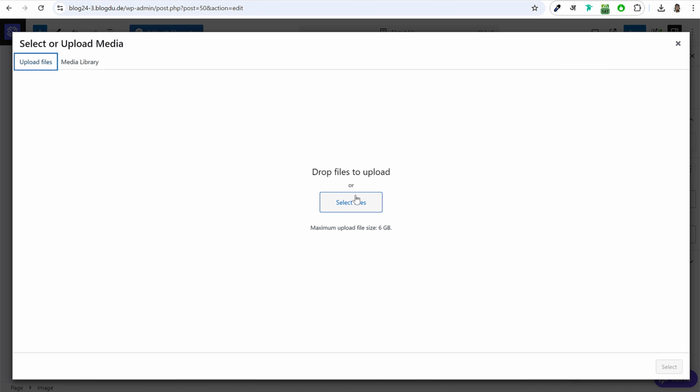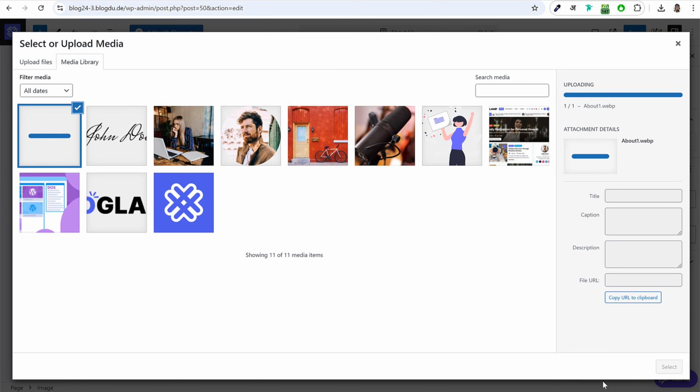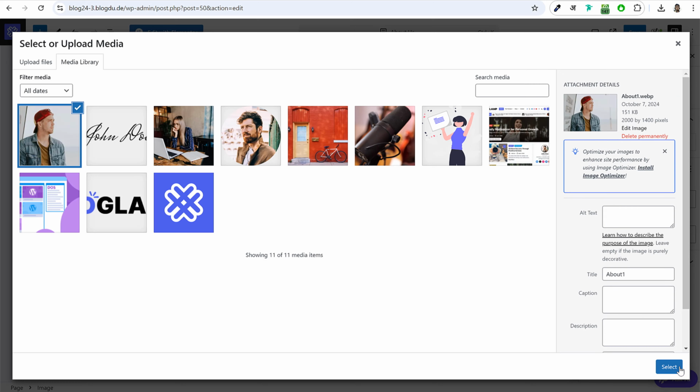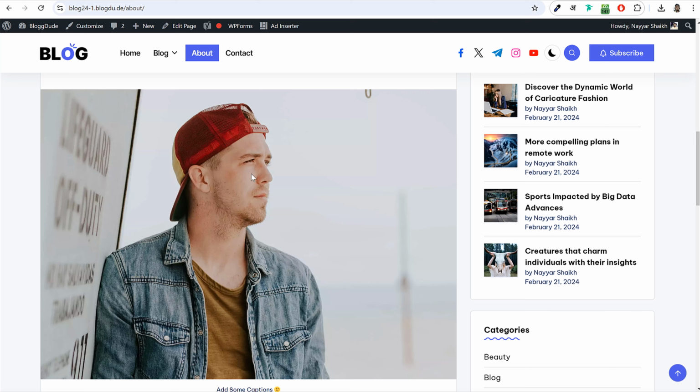In fact, let me upload this image. I've given you this image as well. So these images are given to you just for demo purposes. If you don't have your image for now, you can just use these images. Okay, click on select. Now, if you want to make it full width, like we have it over here, then